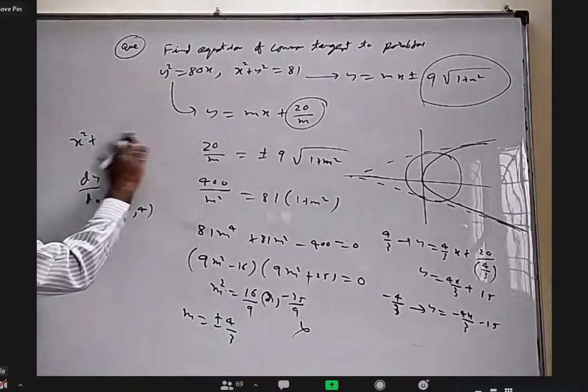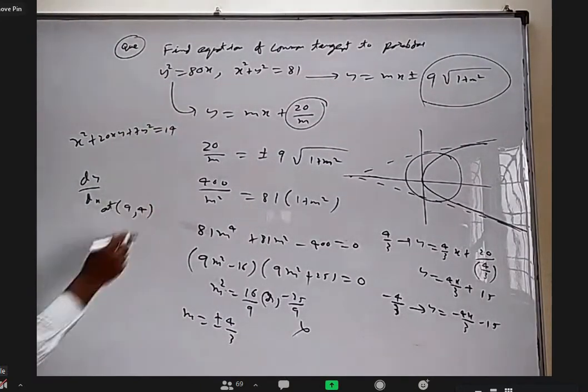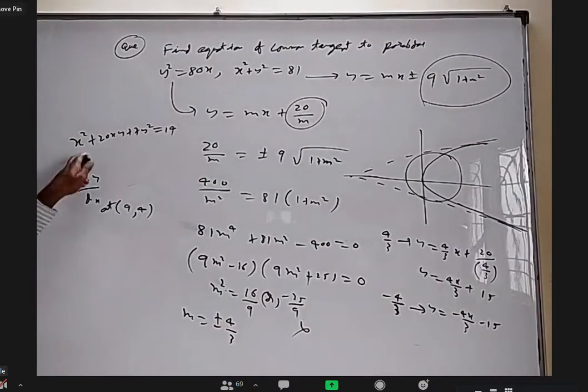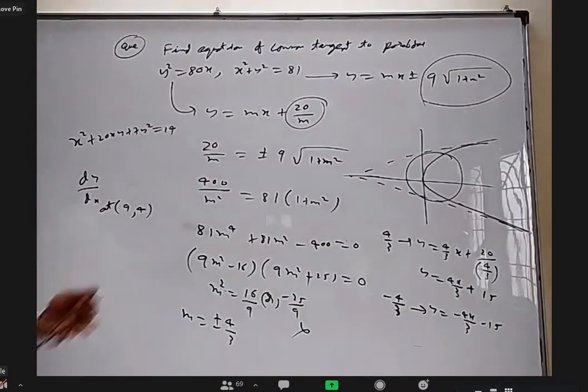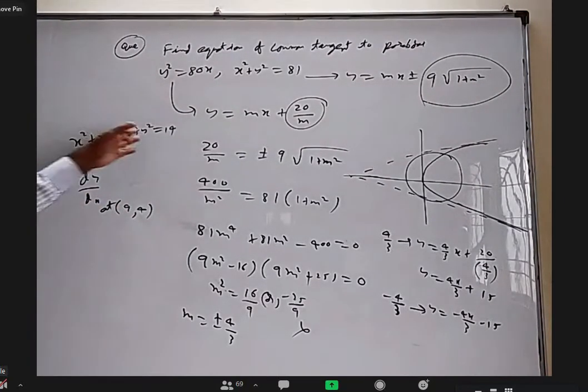Let us write x square plus 20xy plus 7y square equal to 14. This point is not on that. But I differentiate this, put (9, 4), some number will come. What is it then? So the slope is perpendicular to the line joining the point and center of the circle. That may not be a circle. We don't even know what it is. I can give x cube here, e power x here.